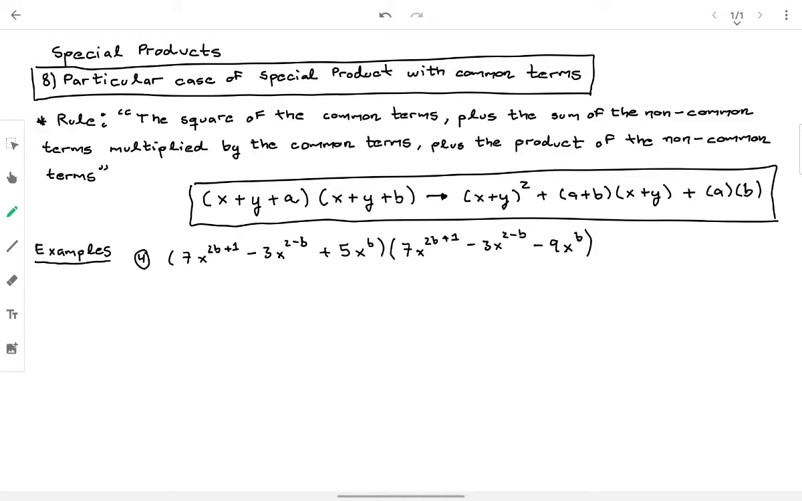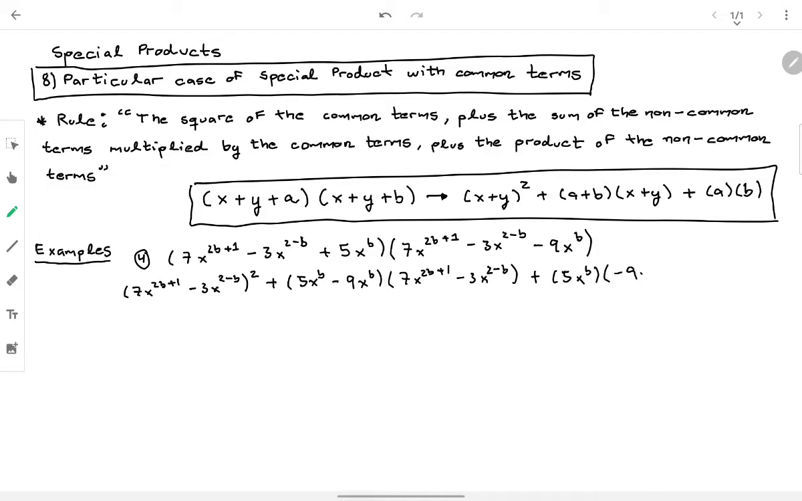So we need to put those that are common terms squared. So it's going to be 7x to the 2b plus 1 minus 3x to the 2 minus b, all of it squared, plus the addition of the non-common terms, multiplied by the common terms, plus the product of the non-common terms. So it's going to be something like